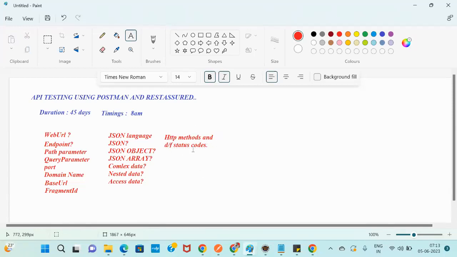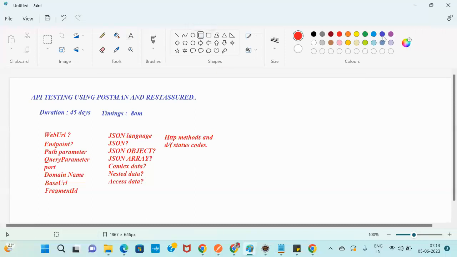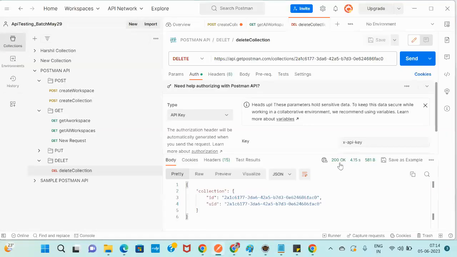Without clarity about these two pieces of info, API testing is nothing. Whenever you are attending an API testing interview, this is a must question, on the HTTP methods and on the different status codes. The question will be, what are all the different status codes you worked with in your project, what different status codes do you come across while working in your project? So you have to tell whatever status codes you encountered while working with API